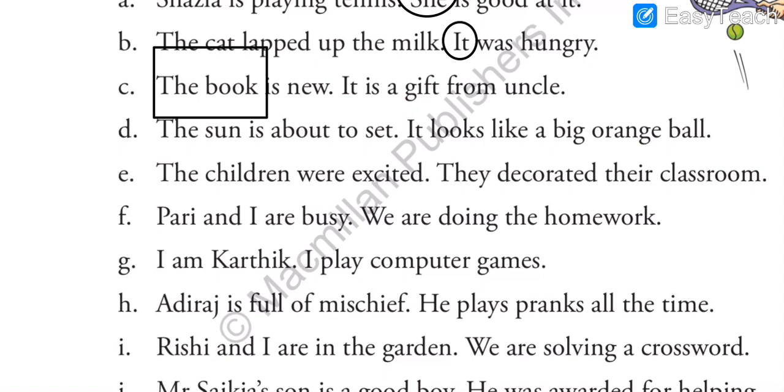Also, if we are talking about the same thing again and again, or in the same sentence, or if the sentences are connected, and you are just talking about a single thing or a person, we are supposed to use a pronoun. That is the use of a pronoun: it saves space, and we don't have to write the full noun again and again. So here the book is new, and instead of book, the second time a pronoun is used, right?